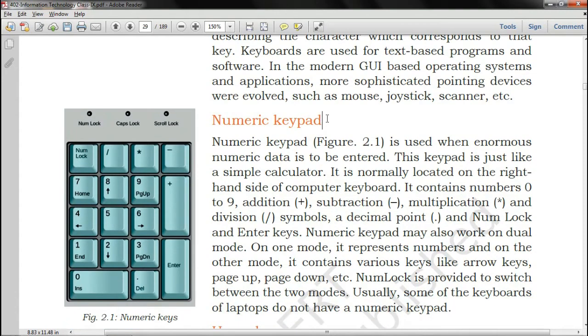It looks like this, and you have three LEDs there, that is numlock, caps lock and scroll lock, where it is basically used for enormous numeric data that is to be entered there, and we are using it because it's very difficult for us to use the number keys which is at the left side of the keyboard. Right side, that is becoming as a numpad or a kind of calculator, where this is numlock.